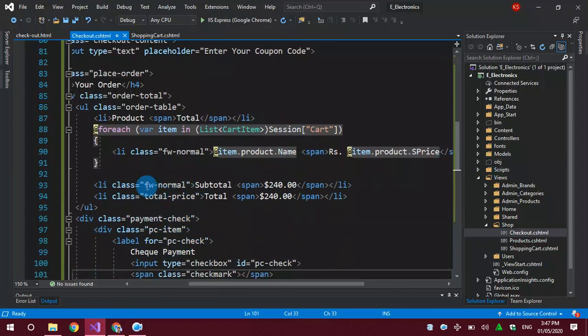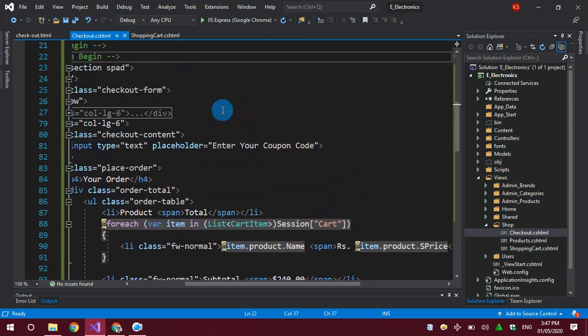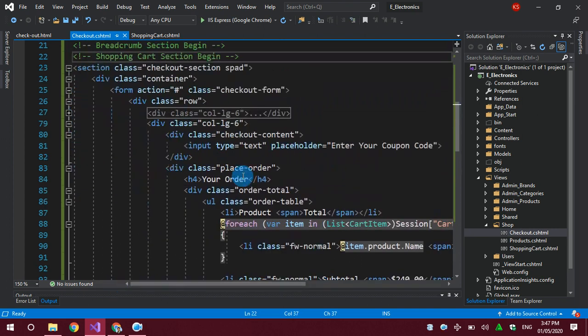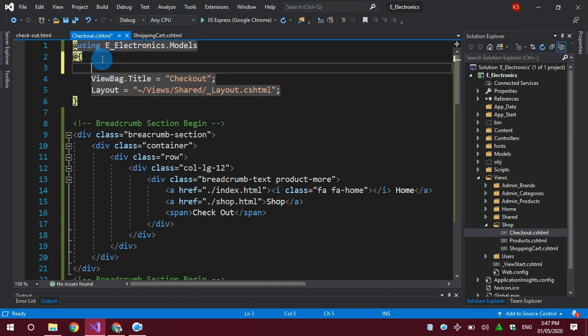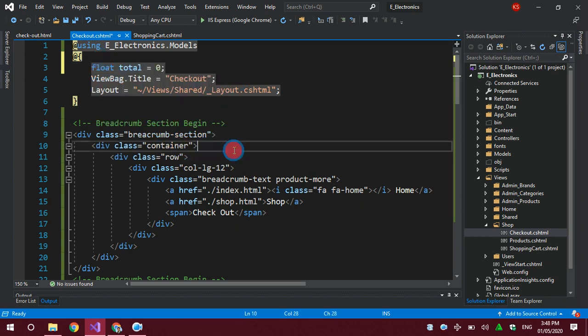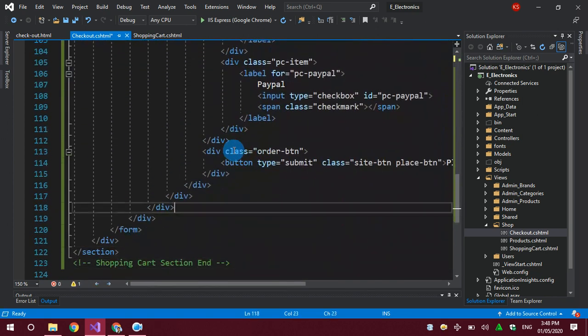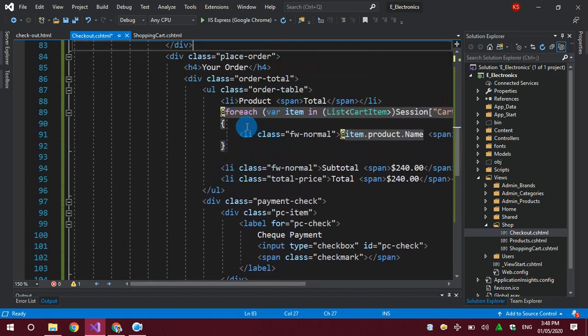The total will be a total variable. I will declare a global variable here for totaling, a simple float type total variable with 0. Now I can access it here, and every time the loop runs, the total will be updated.